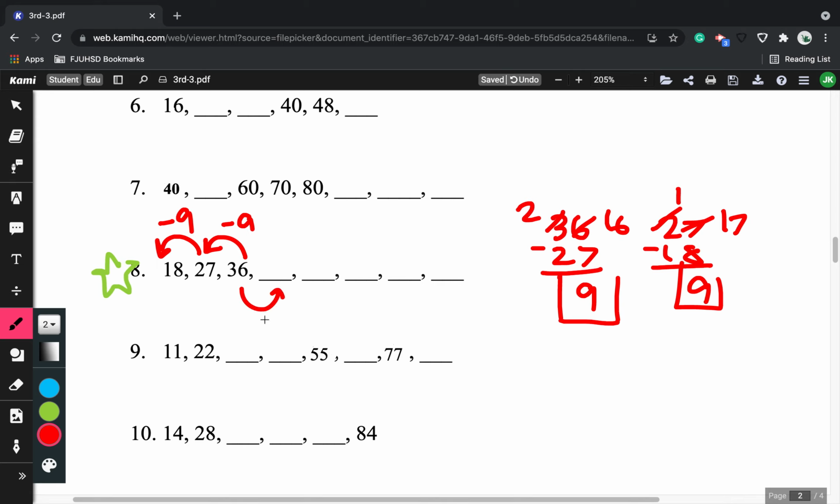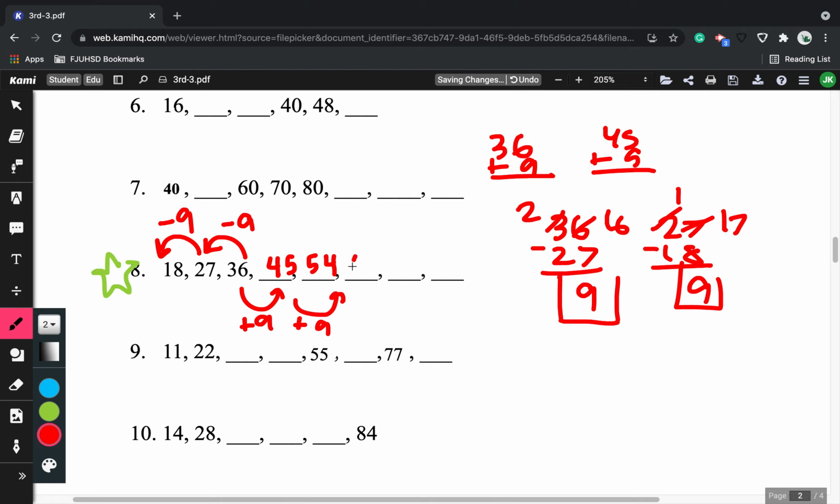Therefore, a pattern can be made that after these, you just have to add 9. So 36 plus 9, that's 45. Yes, and then this is going to be 54. Let me make sure. Yeah, 54. And then this is going to be 63,